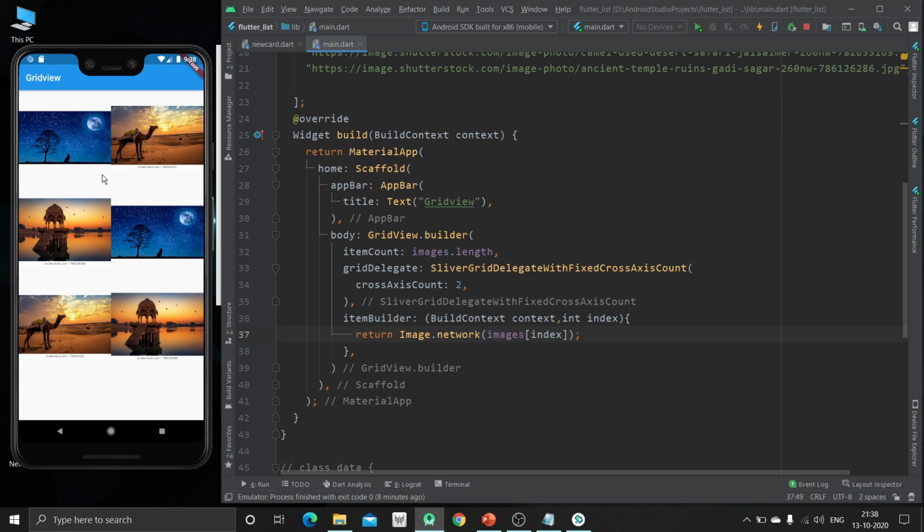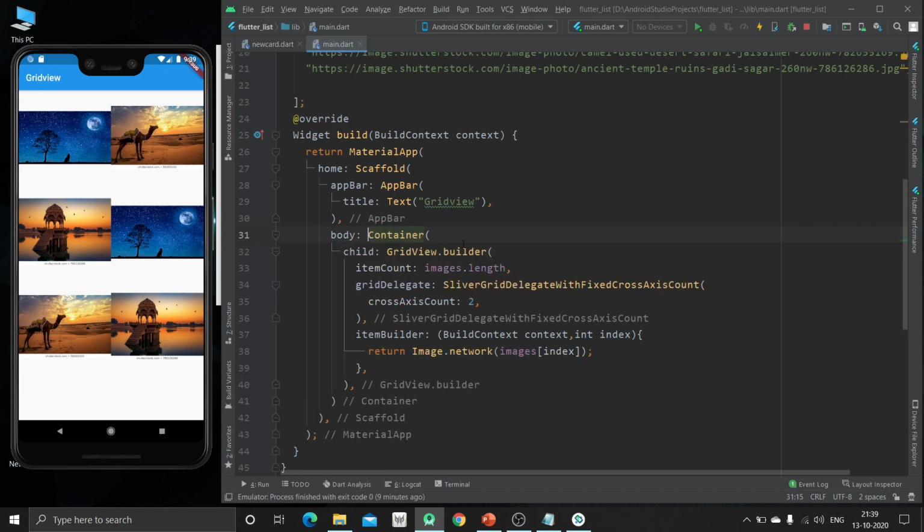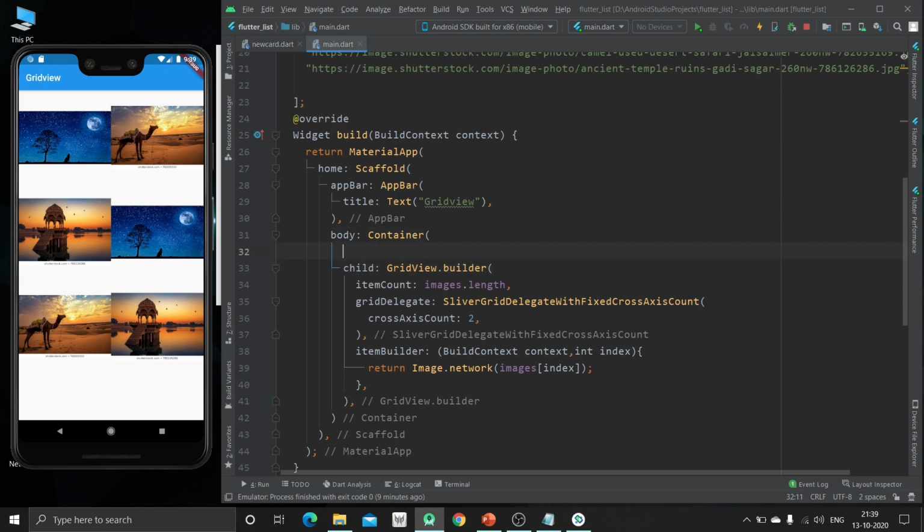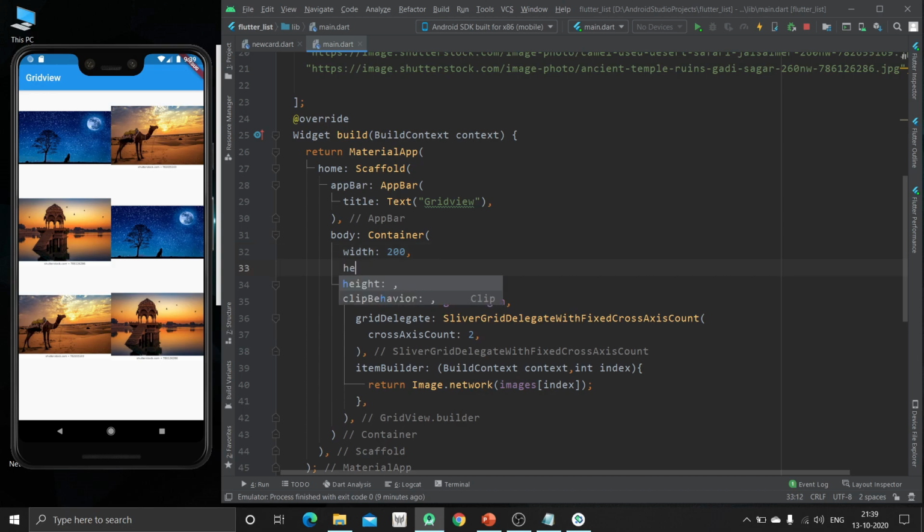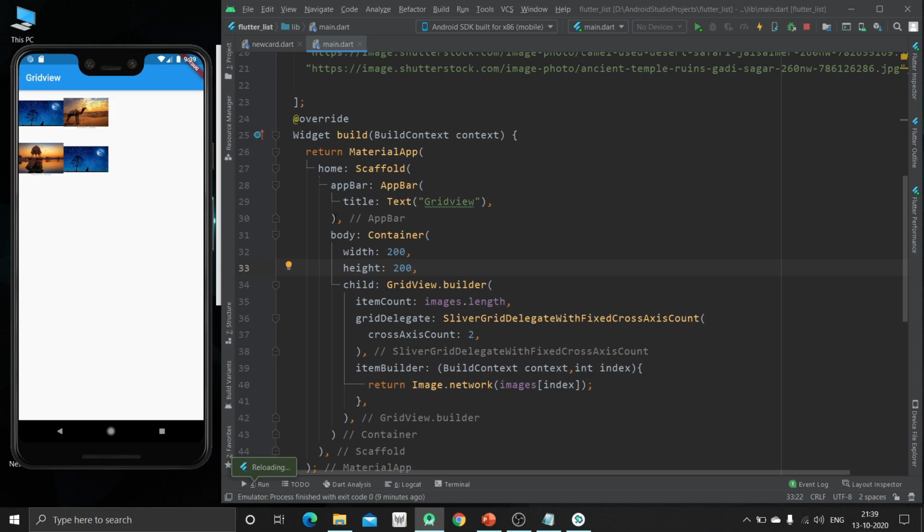Now we can see here is our images. So we will wrap it inside a container of fixed size. As you can see, one is of more height and width, and other is less. So to avoid that, we will create one container with fixed height, that will be 200, and width will also be 200. So just hit Control and S. Okay, this is a single container having all the grid view. Here you can scroll and see.